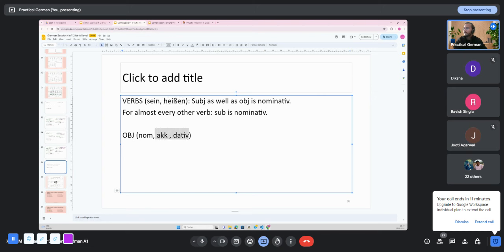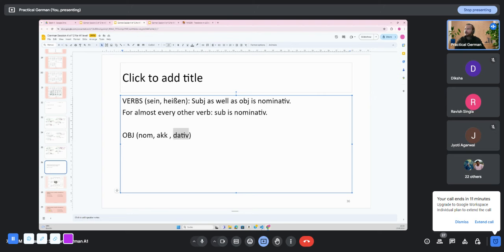Then what about accusative and dative? Let's say you and I sit for 7 days in a row, every day 3 to 4 hours, and we talk about what you do in a day, and we make a list of all the activities that you do, and all the verbs that describe activities done by you. So we'll have a list of verbs. For 90% or more of the verbs, the object will be accusative. Only for some verbs, less than 10%, the object will be dative.